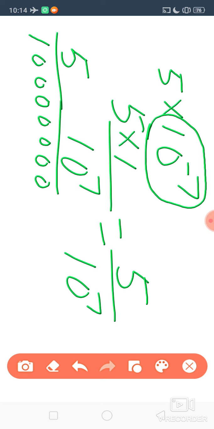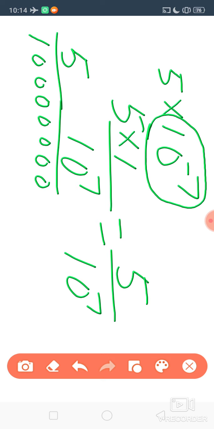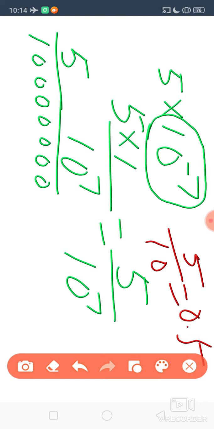Now, I told you earlier, before starting this exercise, if 5 by 10 will be there, then we can write 0.5. If 5 by 100 will be there, then 0.05. So 5 by this much is there. How many zeros are there? 7 zeros. So your decimal will shift how many digits left? 7 zeros are there, that means your decimal will shift 7 digits left.